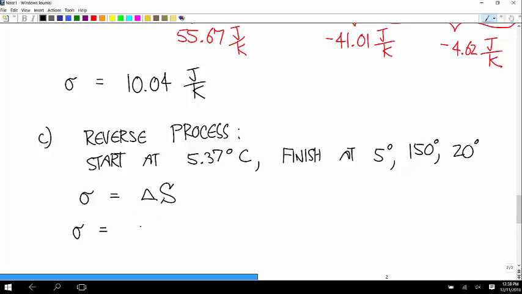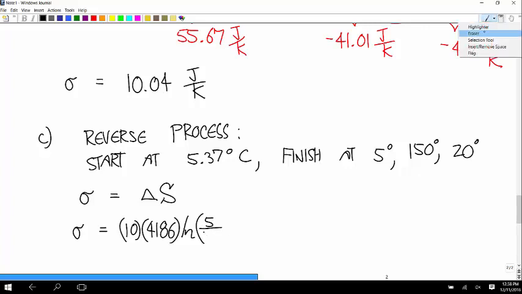So that would be the mass of the water times its specific heat, 4186, times natural log of the later temperature over the earlier temperature. So this would be 278 over 278.37